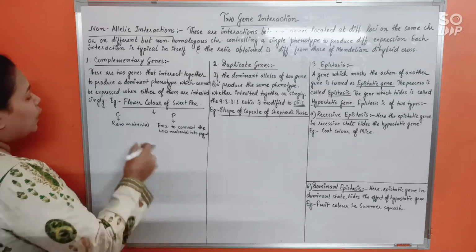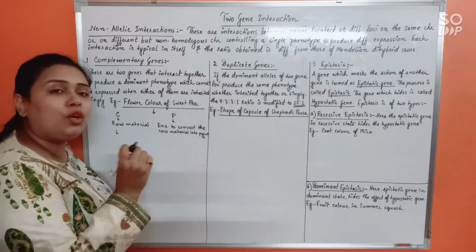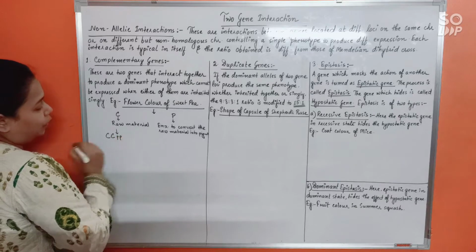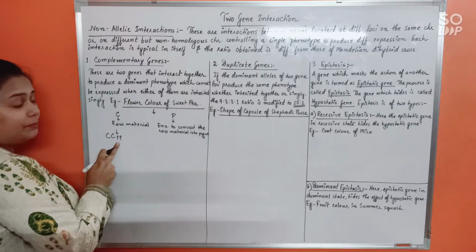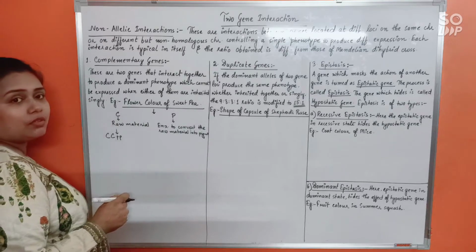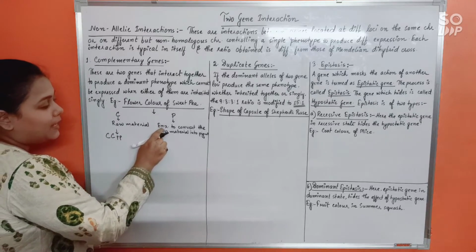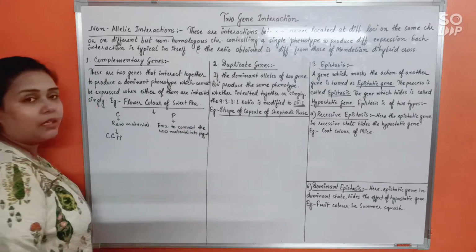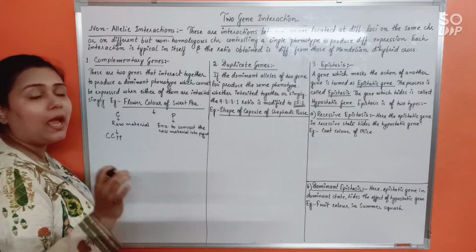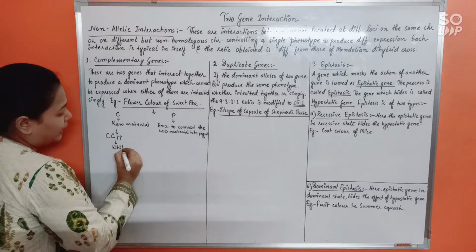So when gene C is inherited singly, meaning only gene C is in the dominant state, say capital C but small p, P has not been inherited, isn't it? When gene C is inherited singly, only the raw material is produced. But is the enzyme present? P is in the recessive state, meaning the enzyme which can convert the raw material into pigment is not present. So in that case, will the color be produced? No, absolutely not. In that case, the flower color remains white.